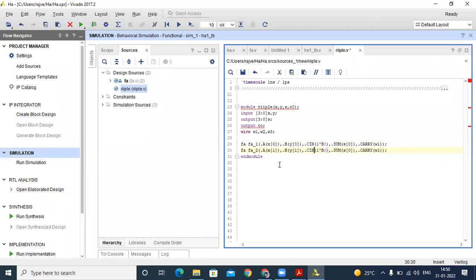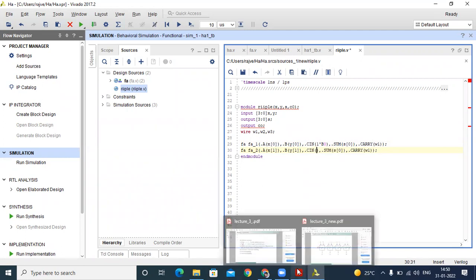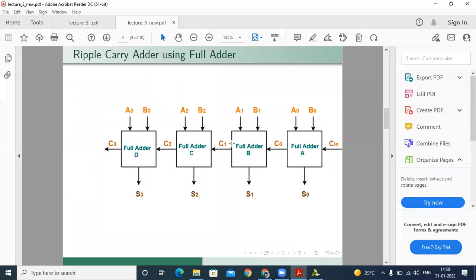And this is not our 0, because, you can see in this diagram, this is C1. This one is already known, this is W1, meaning this carry is shifted to this carry. That's why we write W1 here.